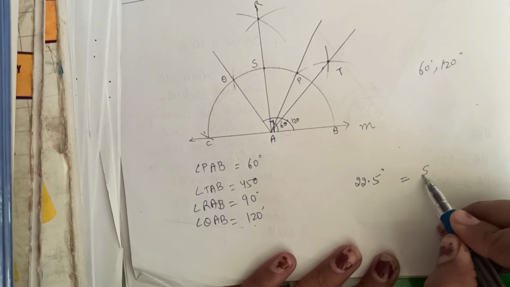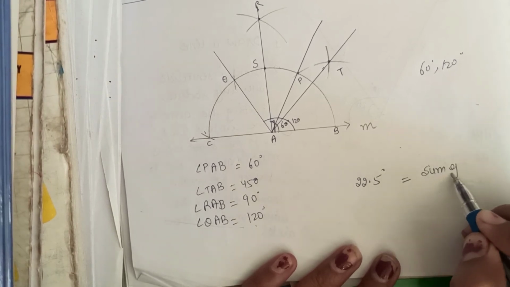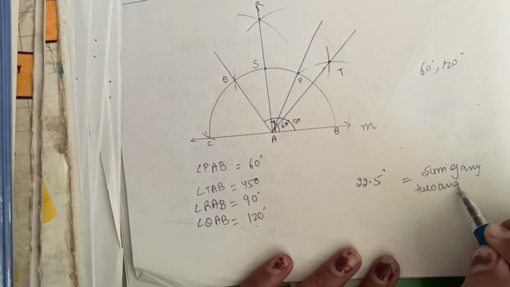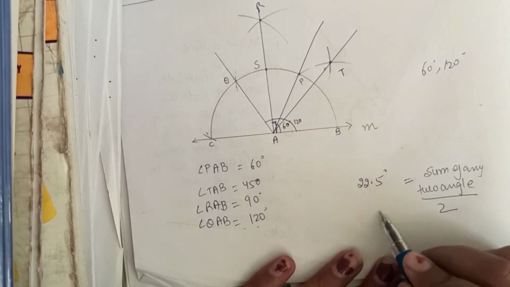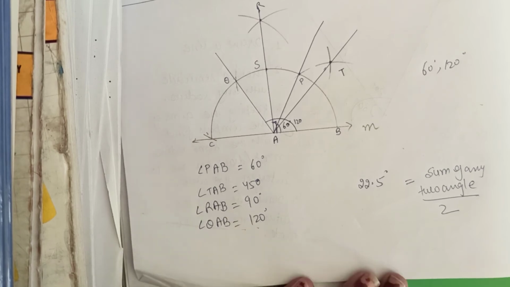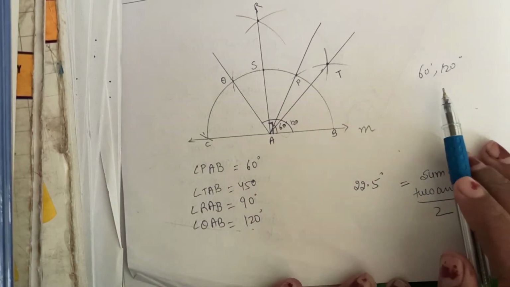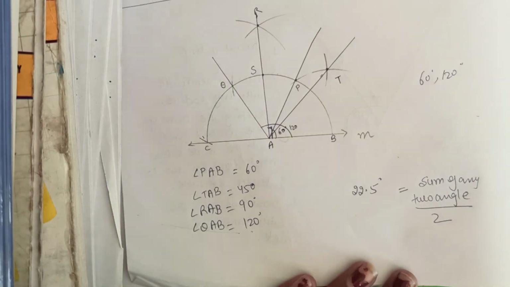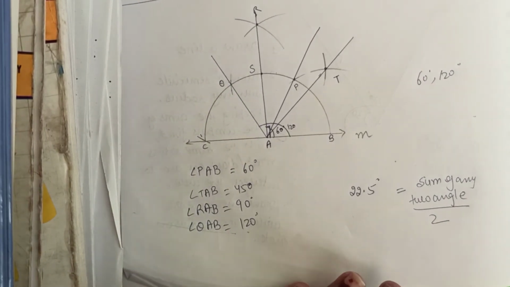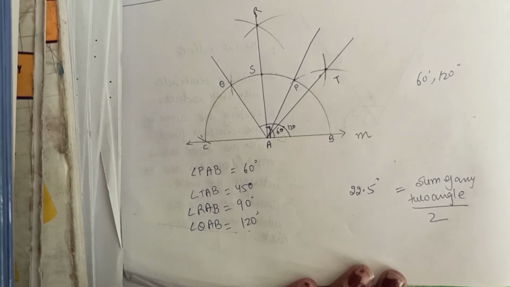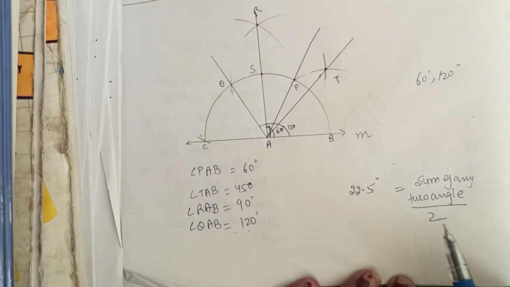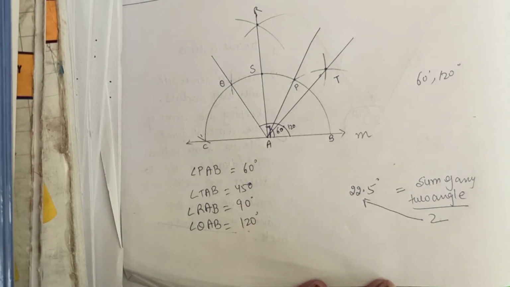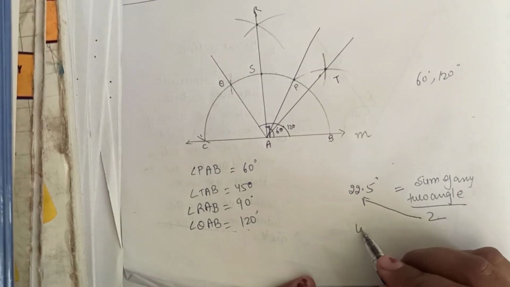We know the sum of any two angles divided by 2 is equal to this, because we know 60 and 120 are the only angles which we can draw directly. The rest of the angles we have to draw by firstly making any two angles. So it means this formula we have to use. When I add it, this will be of 45 degree,